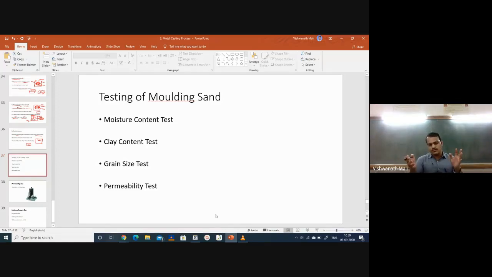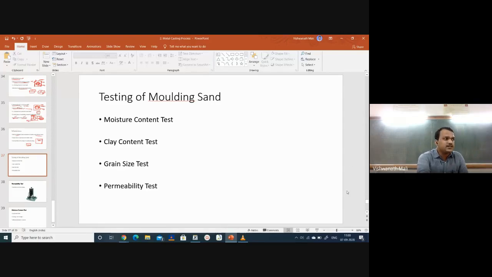Generally, by experience, we stop using the sand by its color, due to repetitive heating, its color changes, and we stop using it. Generally 2 to 3 times we will use that molding sand. So it depends. There are many more factors, whether it is small production or large production. There are a number of factors, and depending on that, we reuse that sand.